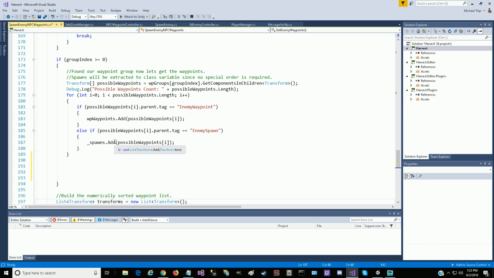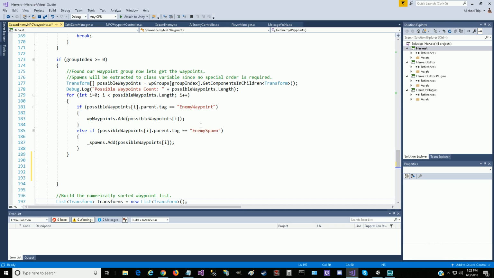Now, what we're getting are using the transform component, but the transform is just that. The transform is also on our spawns. It's also on our waypoints, and so there was no easy way without tagging everything individually. I'm trying to get away from tagging because tagging takes a lot of time. When you're trying to build a lot of these waypoint groups in your map, in your world, you're not going to want to tag everything. So the only thing we're tagging is